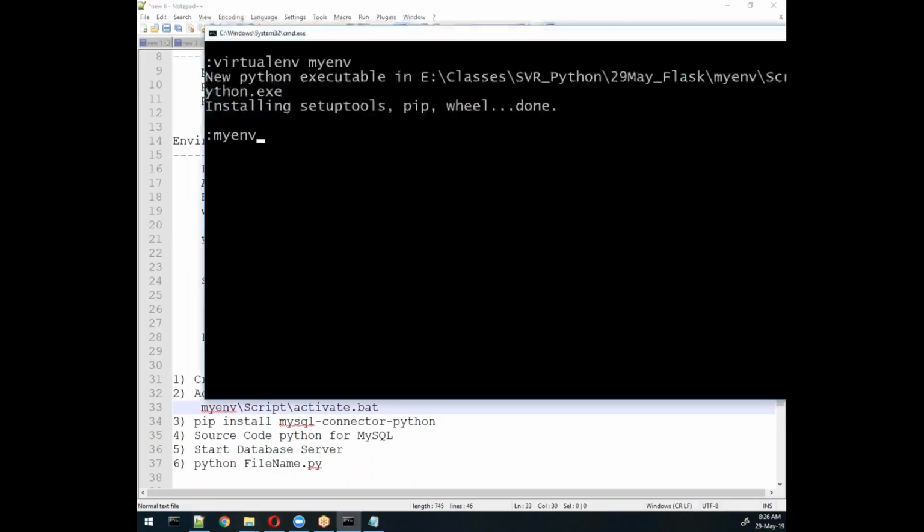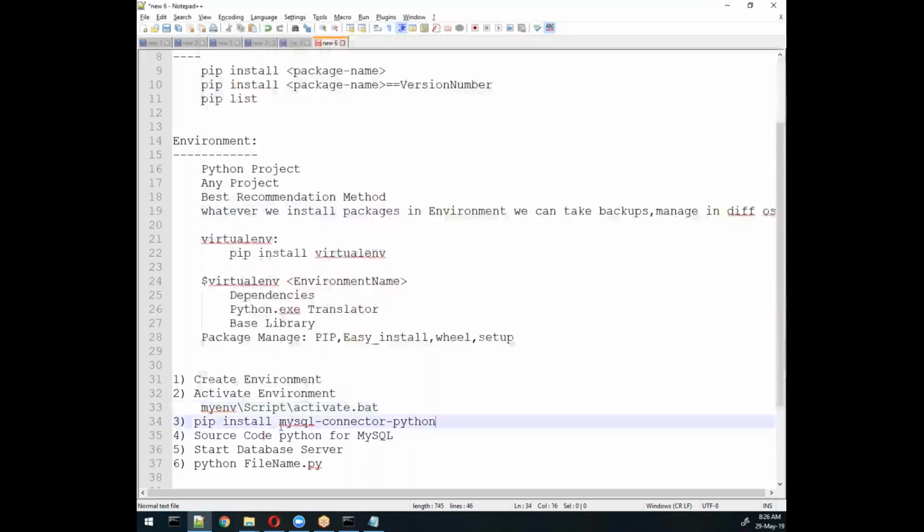After activating, it should change your prompt, remember. Then we can understand this is the activated environment. By default there is nothing, which means global environment, and this is called a personal environment, whatever you created. Okay, so this is activated. Now next step is what? Whichever package you want to install, you can install through this line.